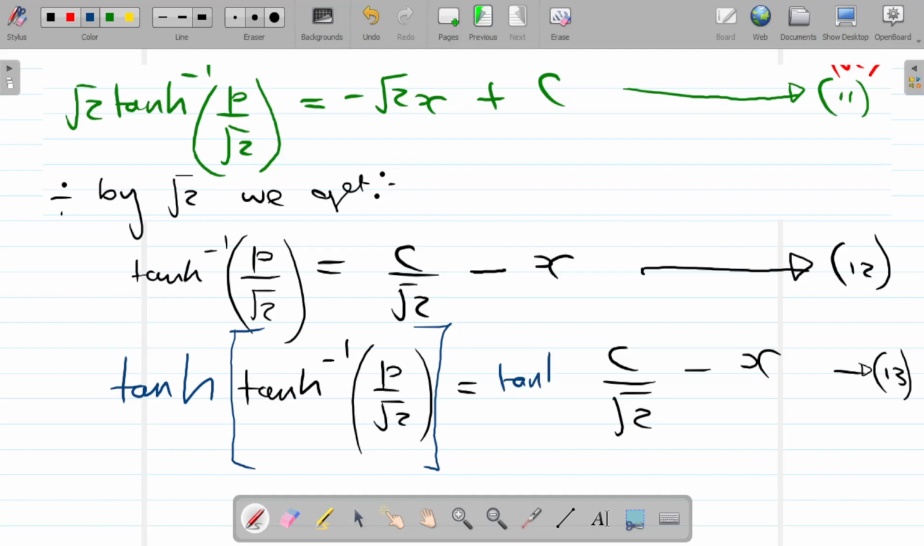So, hyperbolic tangent of both sides of equation 13. What this does on the left-hand side is it leaves us with just p over root 2. The hyperbolic tangent of the inverse hyperbolic tangent just cancels, to put it mildly, and what you're left with is whatever is here. So that's the best explanation I can put at the moment without going into great detail. But anyway, if we go on to another page, we've got